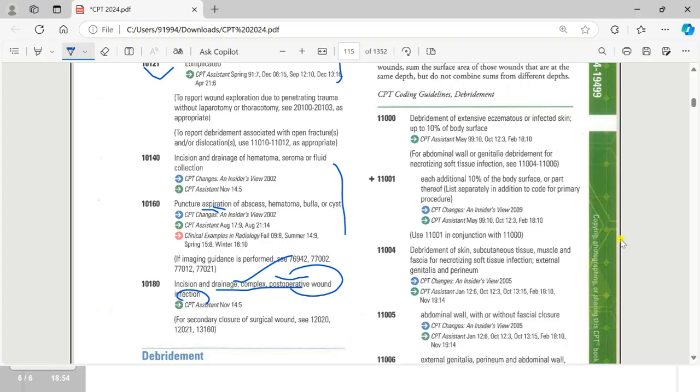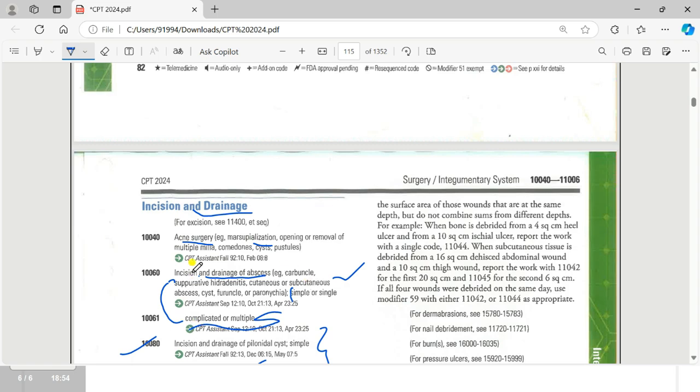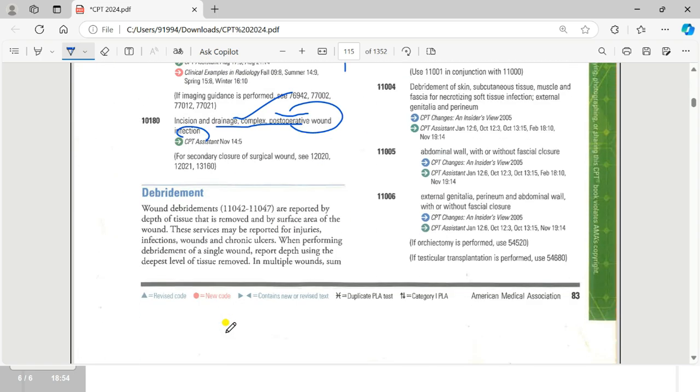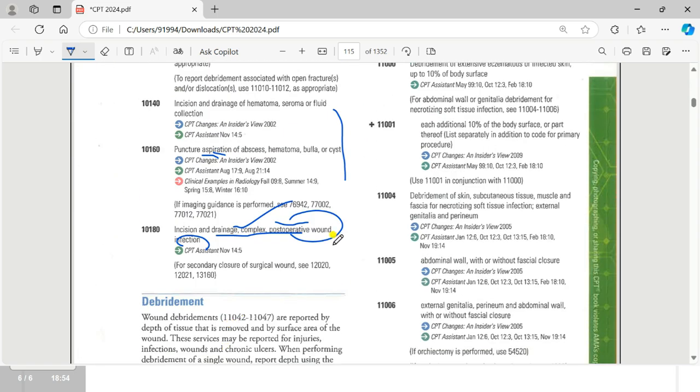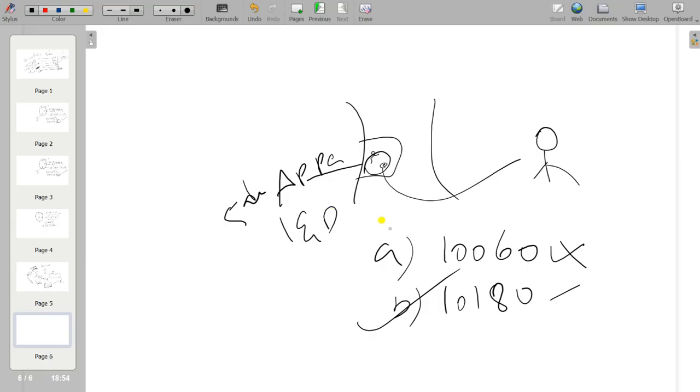I know everyone will choose the option as I&D, but please read the CPT code description properly. Postoperatively, a wound is there, infection has formed, and the provider is doing the I&D. So we have to code 10180.